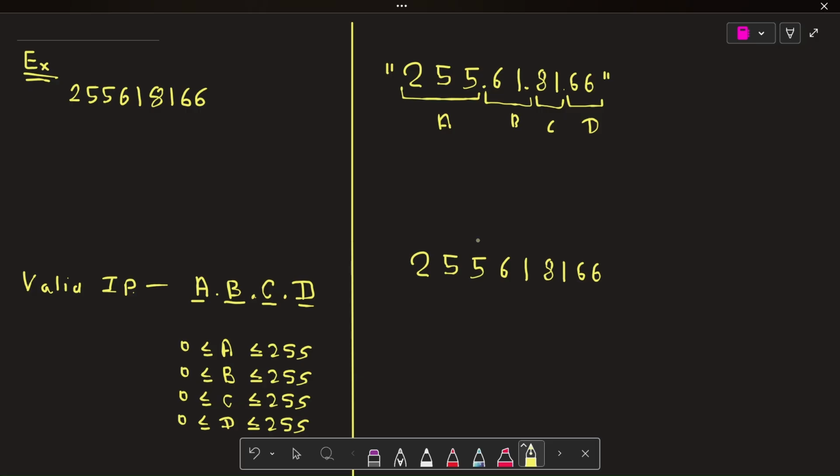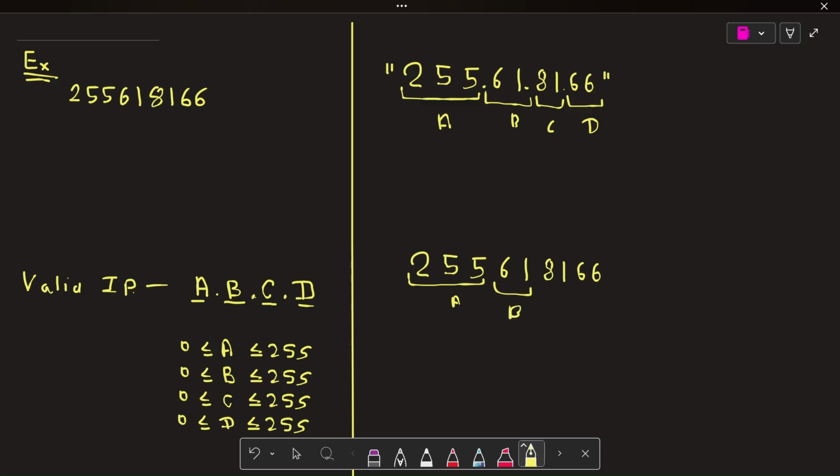In the same way, take the second one. Let's suppose I take this as our A. No problem, it's valid because A is in the range of 0 till 255. Second, I want 61618 as B, but the problem is that 618 is not in the range, so we can't take 618 as our B. So again, we have to take 61 only.